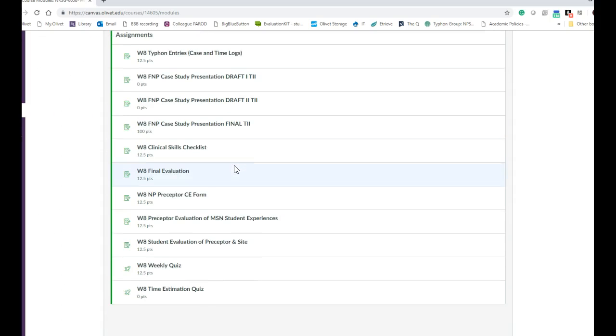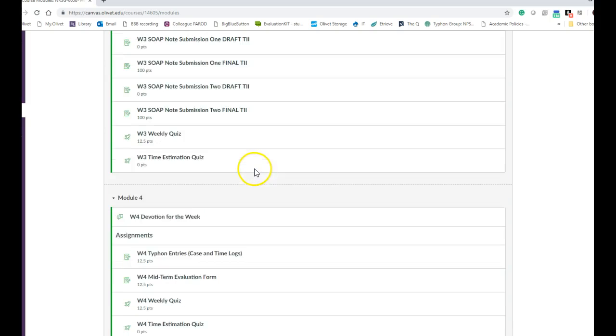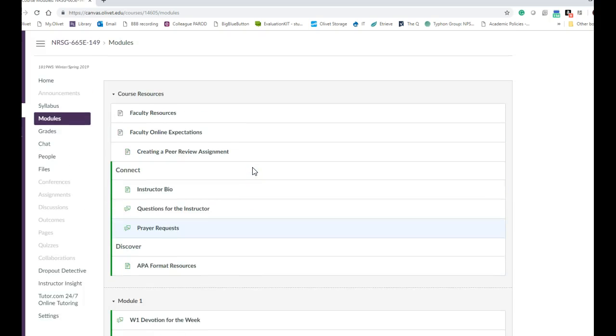is a PowerPoint presentation. It's a case study presentation, and it is peer review. So the students will be grading each other's assignments. Now, unfortunately, there is no interface to allow those grades to flow into the grade book. So you as a faculty member will have to take that grade and put it in the grade book. However, the grading in itself, you will not have to do. That will be done by the